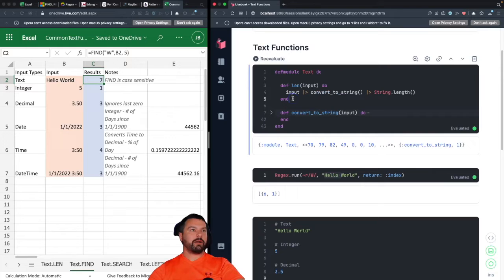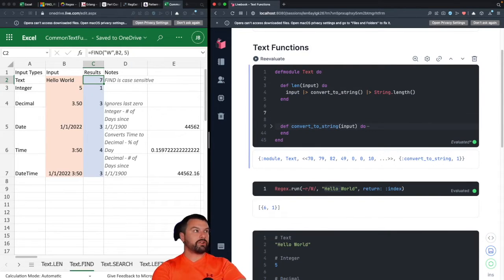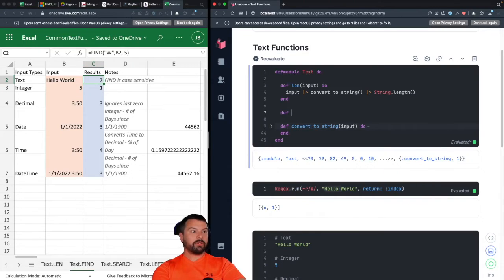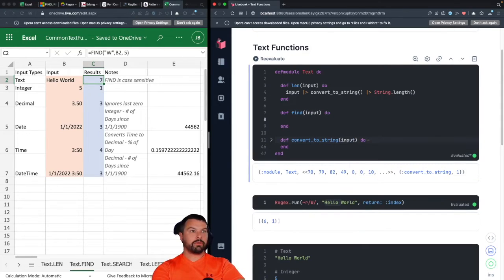So with that, let's go back up to our text, and let's go ahead and start creating a simple find function, right? Where with this, we're going to have an input. Okay, we've written our function. Now let's go ahead and copy paste this, right? No sense in rewriting it. Okay, and instead of hello world, we want our,